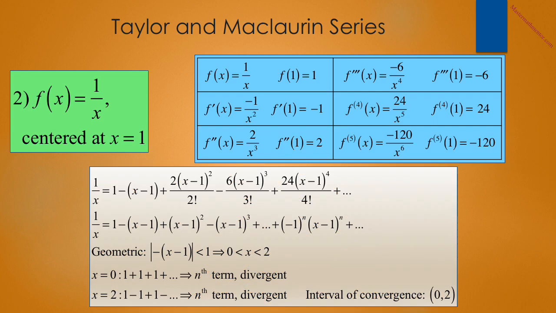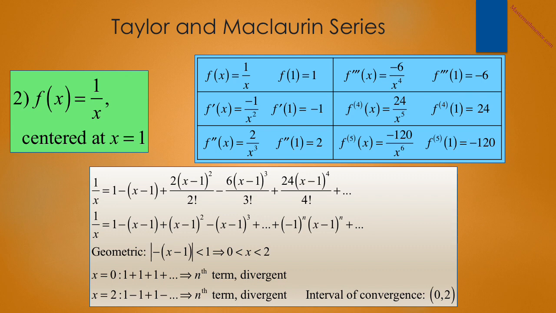We can now write the Taylor polynomial as 1 over x equals 1 minus quantity x minus 1 plus 2 quantity x minus 1 squared over 2 factorial minus 6 quantity x minus 1 cubed over 3 factorial plus 24 quantity x minus 1 to the fourth over 4 factorial plus dot dot dot. When we simplify, we find that all the numbers disappear and we're left with 1 over x is equal to 1 minus quantity x minus 1 plus quantity x minus 1 squared minus quantity x minus 1 cubed